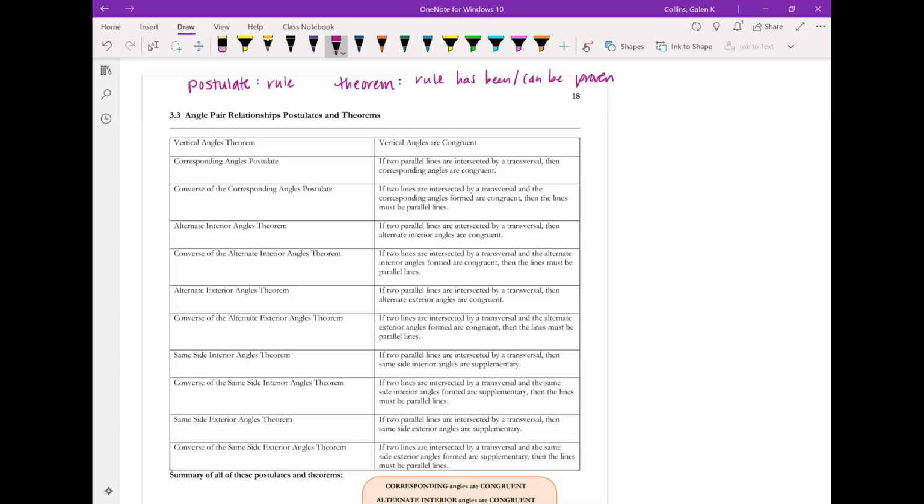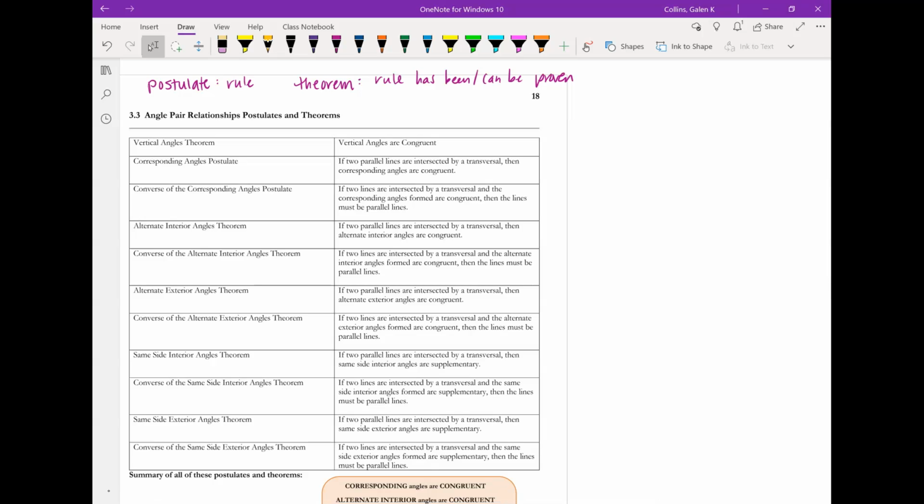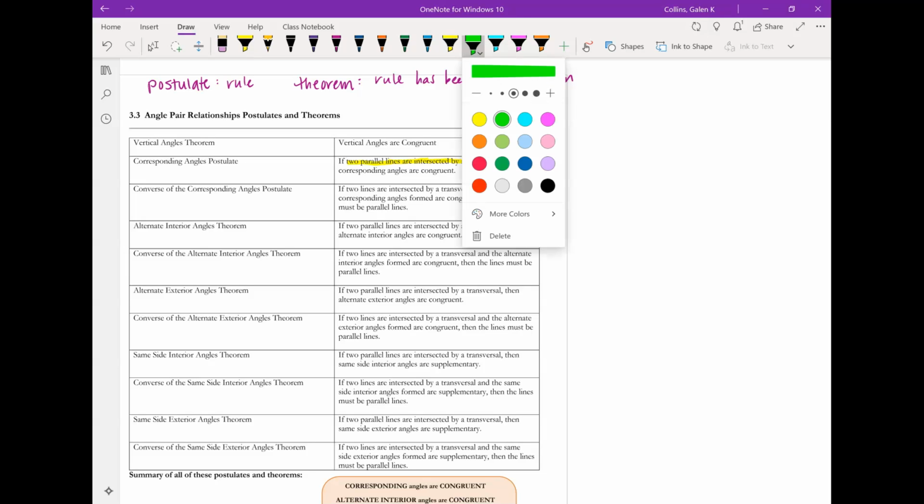And the other word that we're going to see a bunch is converse. So all of these theorems, except for the vertical angles theorem, are written as an if-then statement. So for example, let's just pick one to look at. Let's look at the corresponding angles postulate. In the corresponding angles postulate, it says if two parallel lines are intersected by a transversal, and then it says then